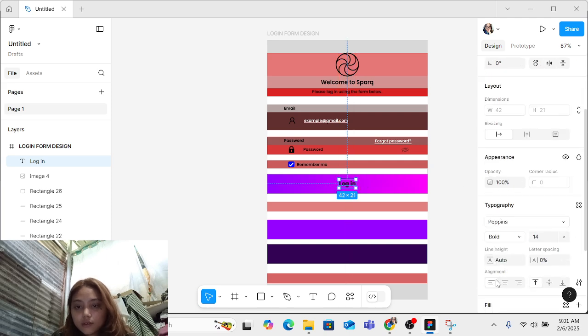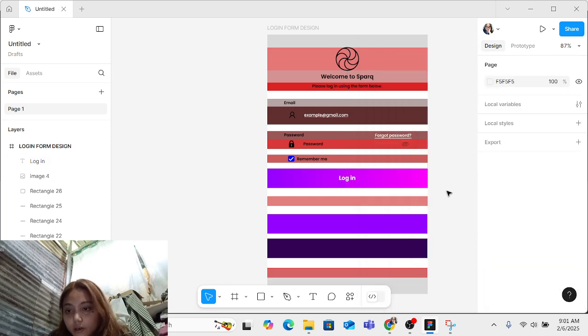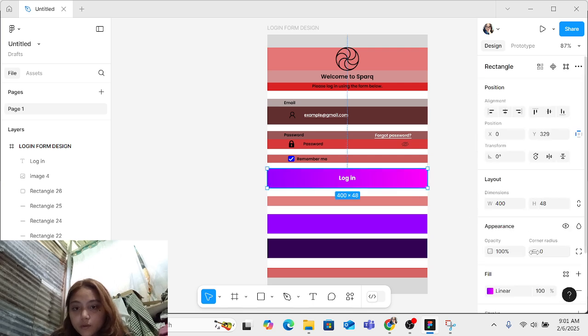Okay. Let's find that. Then let's change it into color white. So right here, we're gonna start doing the resize it.